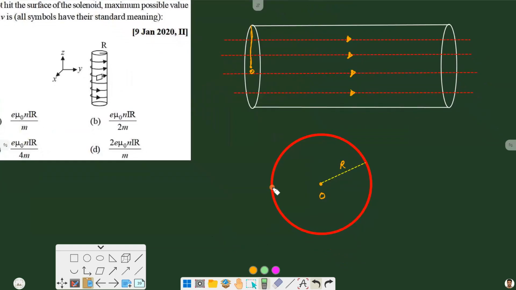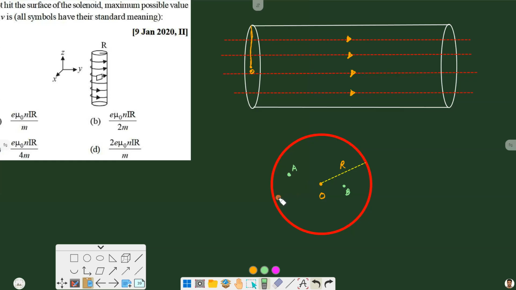Let us assume this is one of the launching points of the electron, suppose at point A, then some random point B, and then at point O. So depending upon in which direction the electron will go,